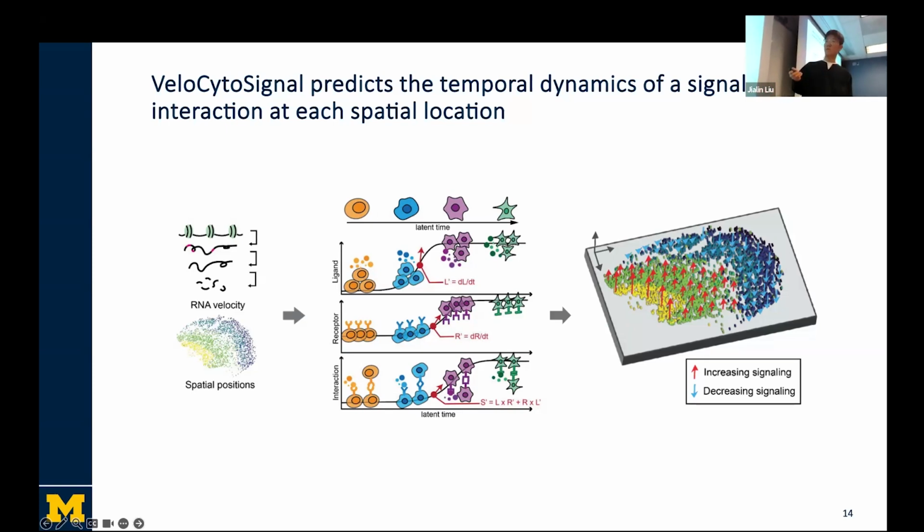It combines RNA velocity, from VeloVAE, which is another software from our lab that we developed for inferring the RNA velocity of the cells. By combining RNA velocity and CytoSignal, we are able to see whether the activity of each interaction is increasing or decreasing, directly mapped to the tissue plane.